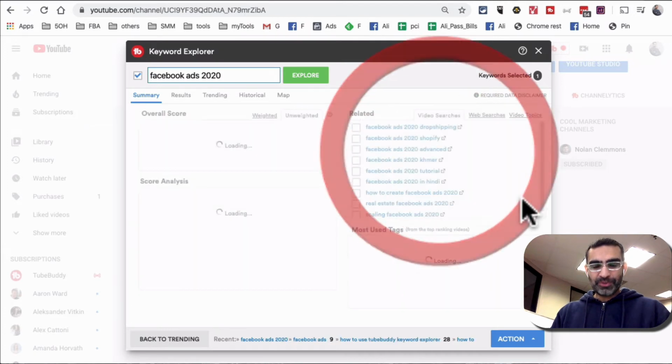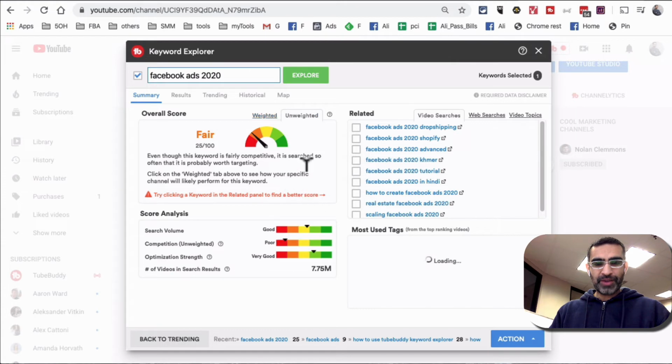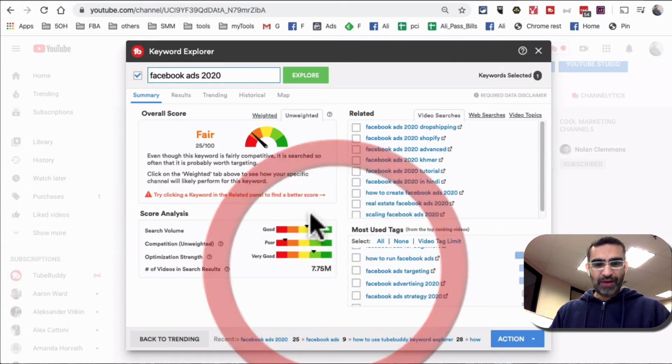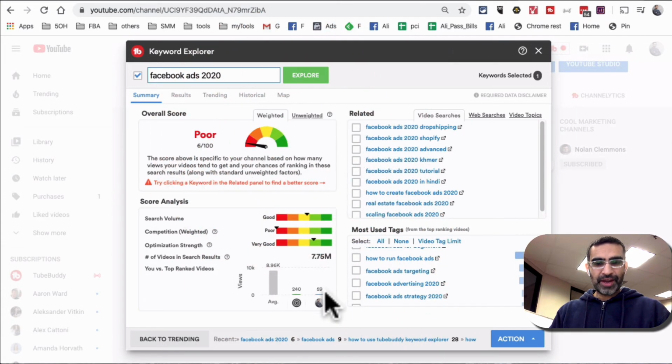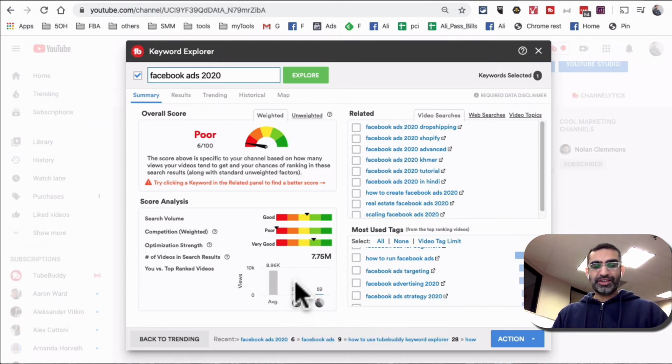I'm going to look at Facebook ads for 2020 or Facebook ads 2020. Again, it's getting much better. This is coming down. Let's look at the weighted. Still, for me, it's going to be very difficult to get ranked or get on the first page because of